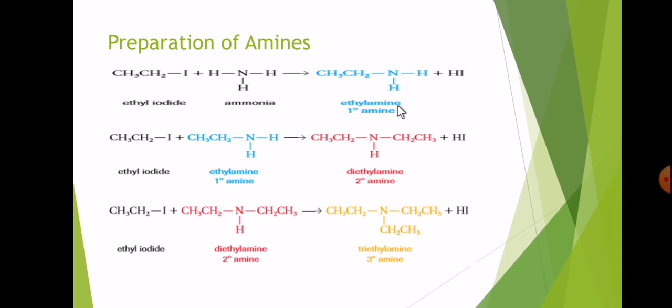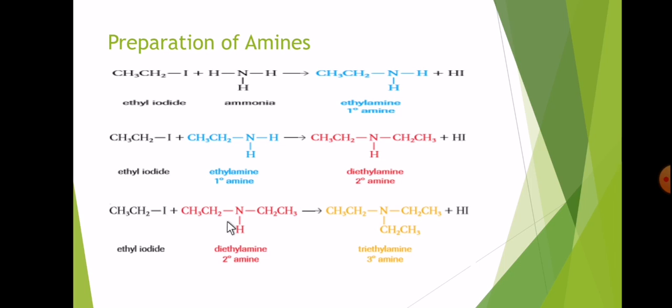We will use this product as a reactant in the second step, with the same first reactant from the first step, and again the I and the H will make hydrogen iodide, and we will get our two node amine. And again we use this product as a reactant in the third step with the same reactant from the previous step, and